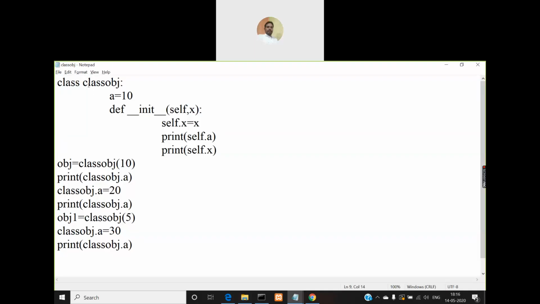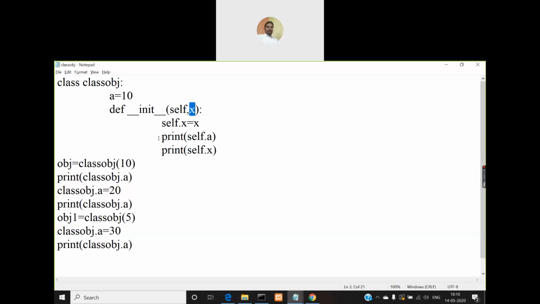A class with name class obj is created, and a class variable a is created with value 10, and a constructor is defined with one parameter x. Then I am assigning this x to object variable x. So what is this self.x? Self.x is nothing but the object variable, whereas normal x is nothing but the parameter passed to the constructor.